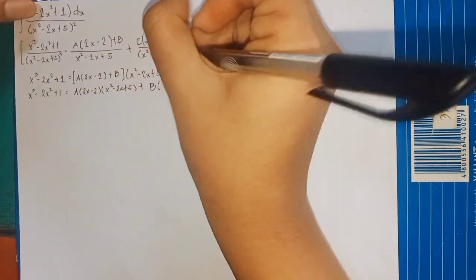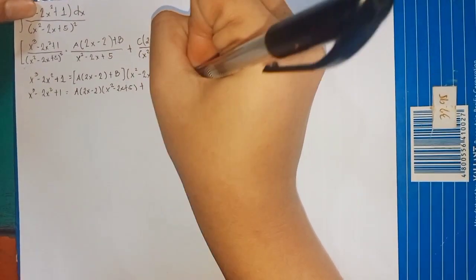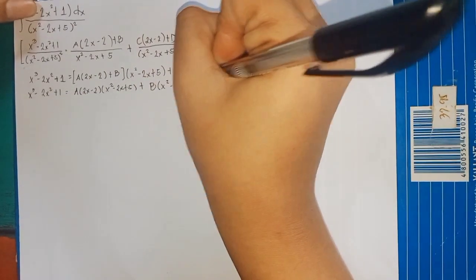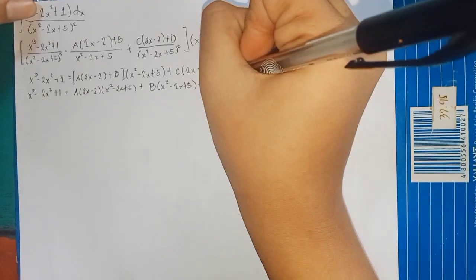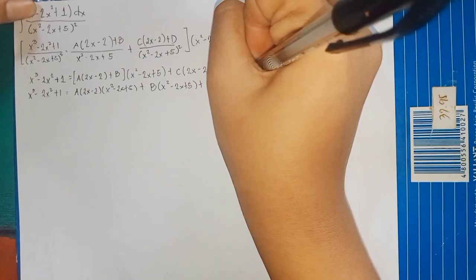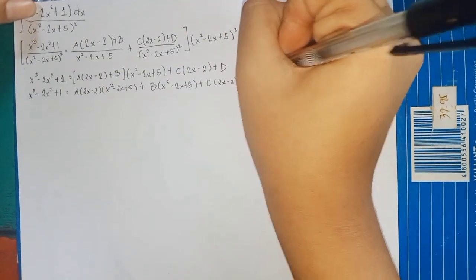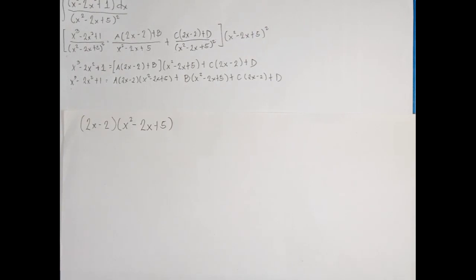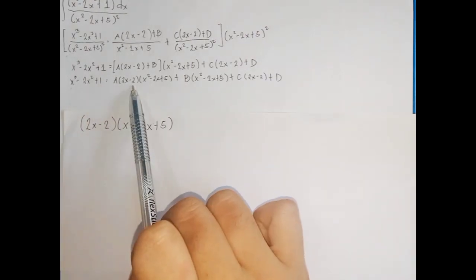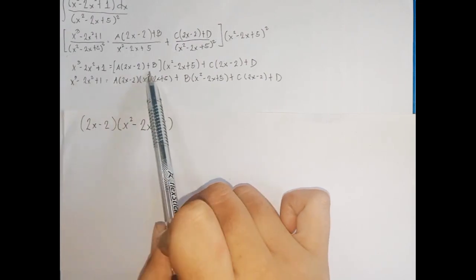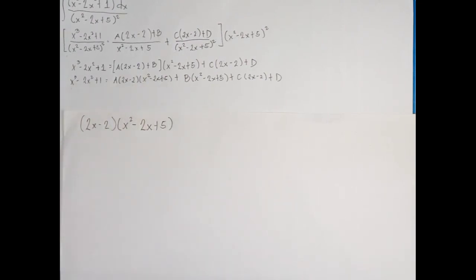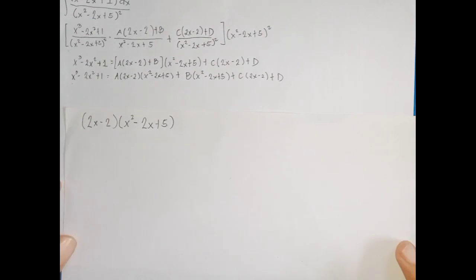Then we will just copy that, plus c 2x minus 2 plus d. Okay, so before we proceed, we need to multiply the quantity 2x minus 2 times the quantity x squared minus 2x plus 5. Okay, so first,